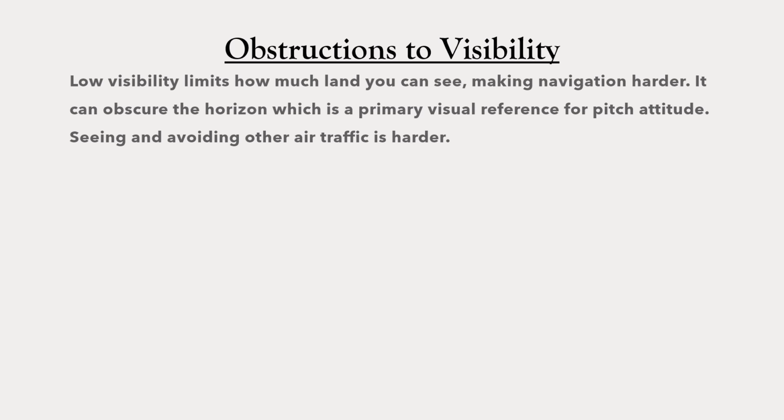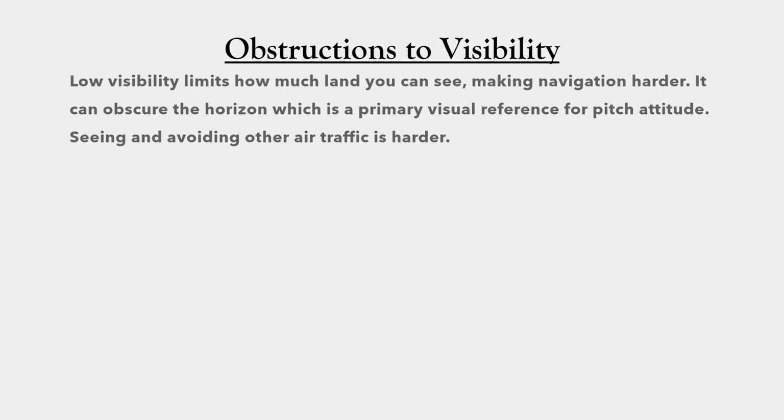In a previous lesson about the National Airspace System, we learned that there is a certain visibility requirement in order to be able to legally fly VFR in different types of airspace. But beyond being legal, there are a lot of reasons why we care about how far we are able to see. One of the first is that it limits how far ahead you can see the land, and the farther ahead you can see, the easier it is to navigate. Also,